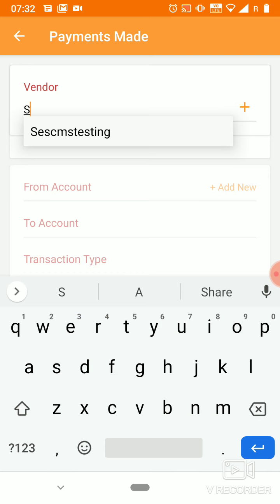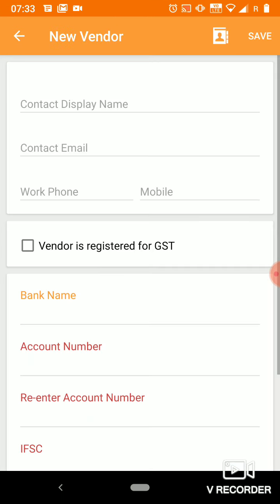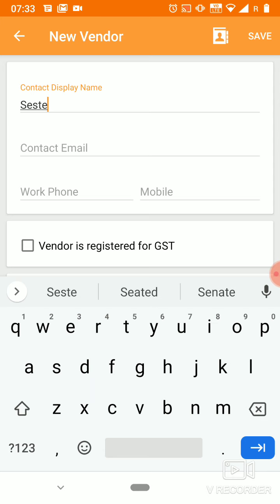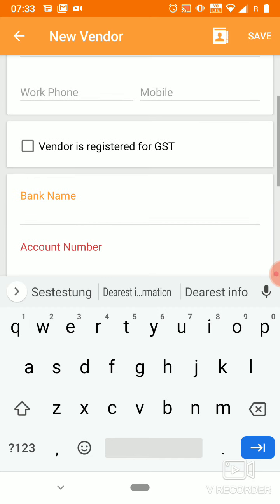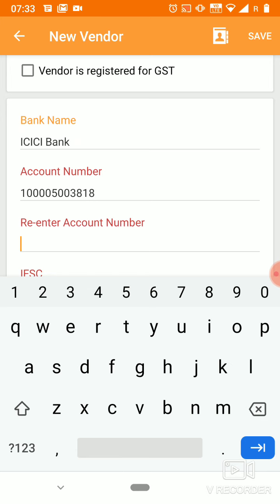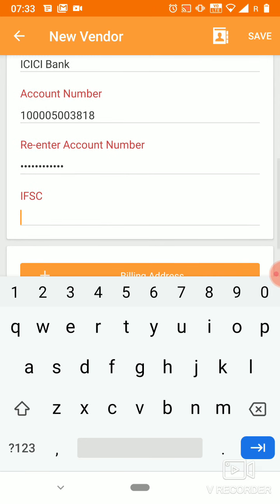In order to add the vendor, click on the plus button, enter the vendor name, account detail, account number, and the IFSC code.